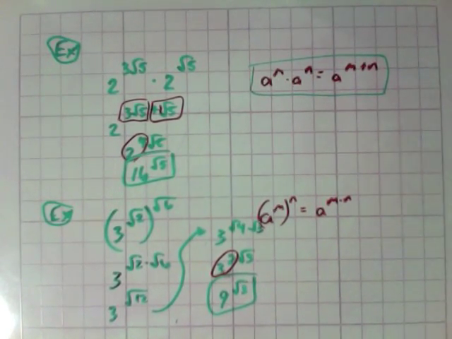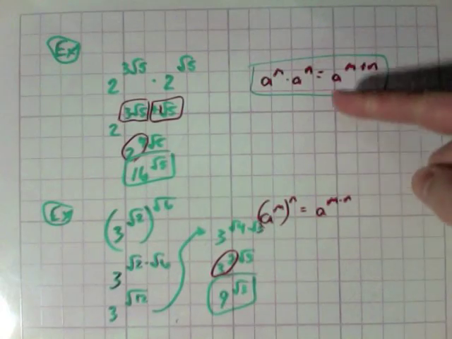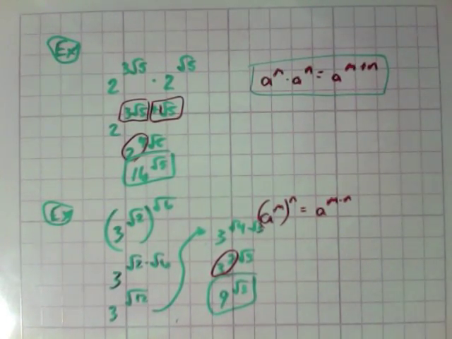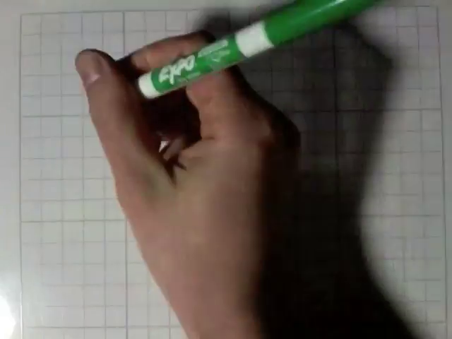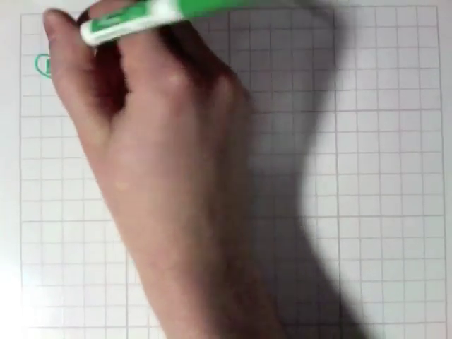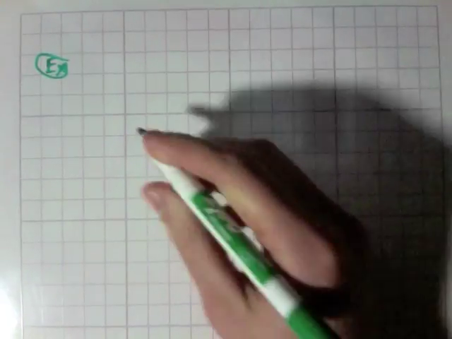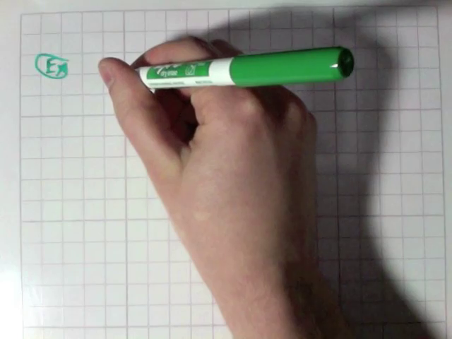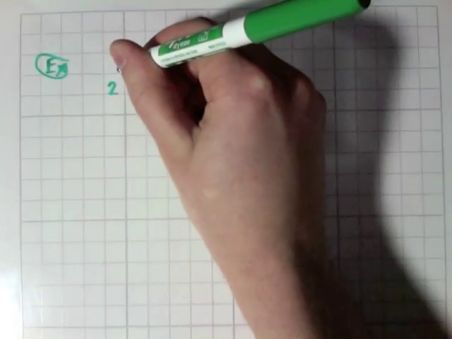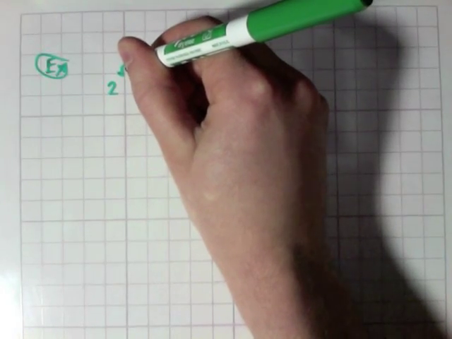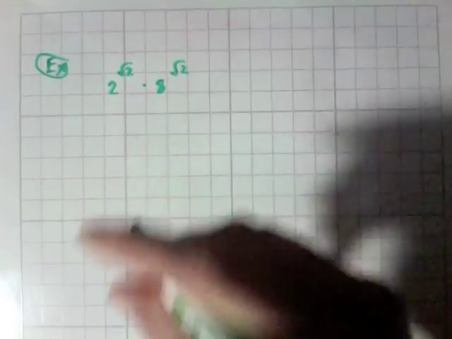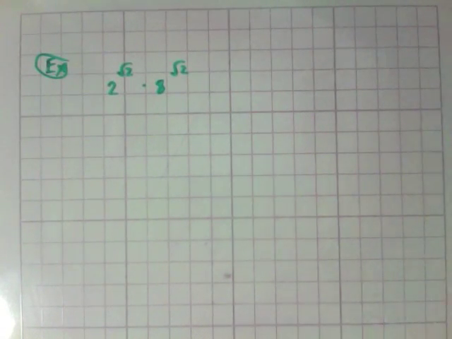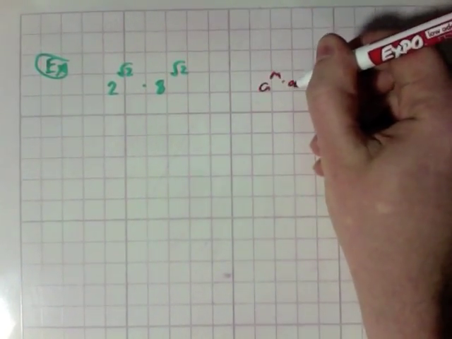A more interesting type of result, and I do encourage you, pause this video if you need to finish writing this down, is this. And this will actually help us solve some problems later on. What if I have, let's say, 2 to the square root of 2 multiplied by 8 to the square root of 2? Now I can't immediately use this property, a to the m times a to the n equals a to the m plus n,